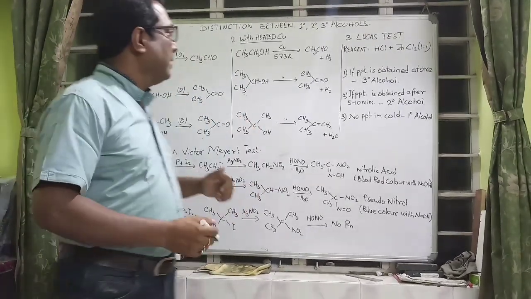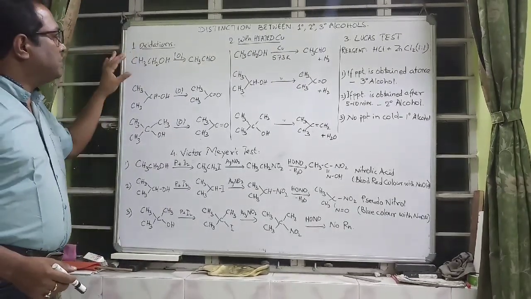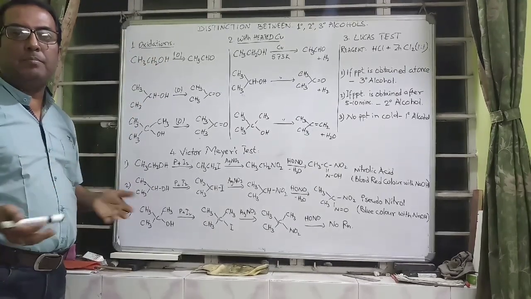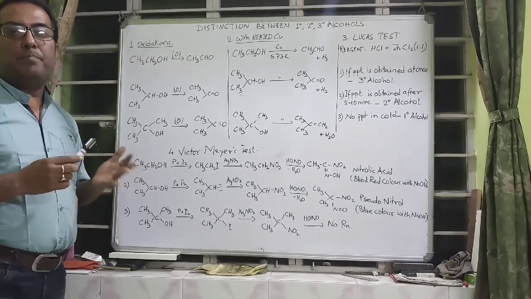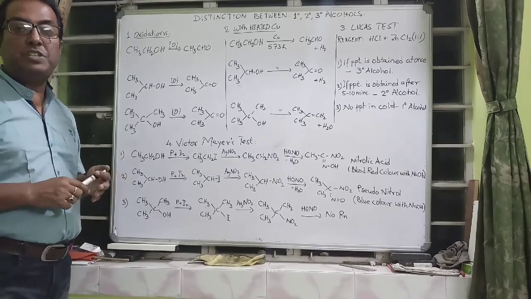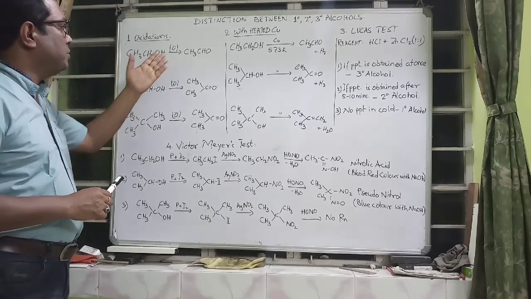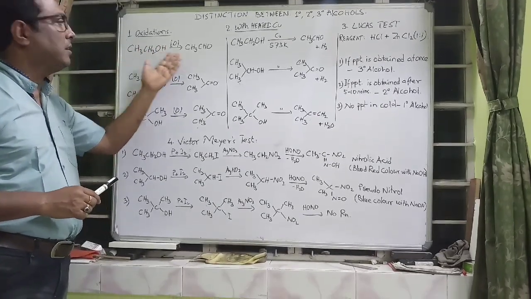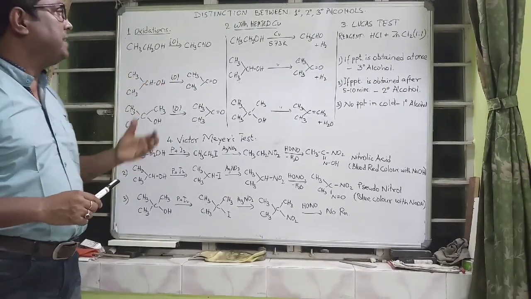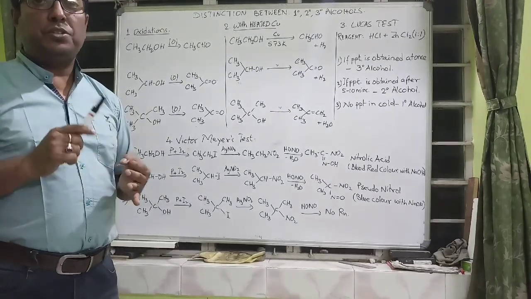And here we go. So students, the first one is through oxidation. Here this is the primary alcohol. When we oxidize primary alcohol, there are many oxidizing agents like P2O5, concentrated sulfuric acid. We can use KMnO4, we can use K2Cr2O7 in the presence of acid medium. So there are many kinds of oxidizing agents. You can give the oxidizing agent to turn the ethyl alcohol to acetaldehyde. So acetaldehyde, when you get acetaldehyde, you know that it shows Tollens' test, it shows Fehling's test, it shows Schiff's